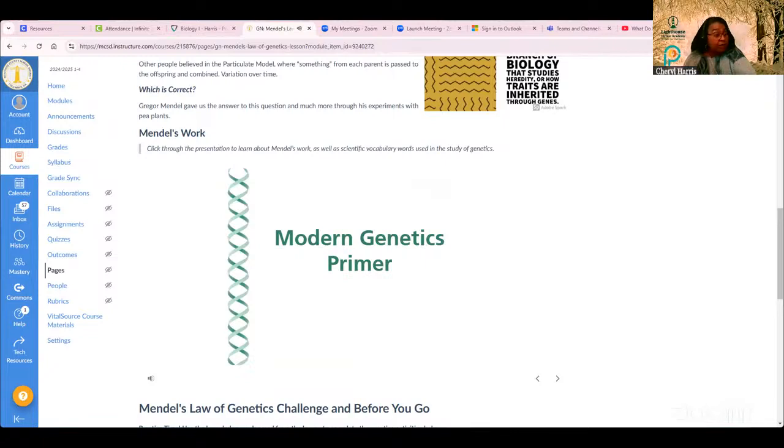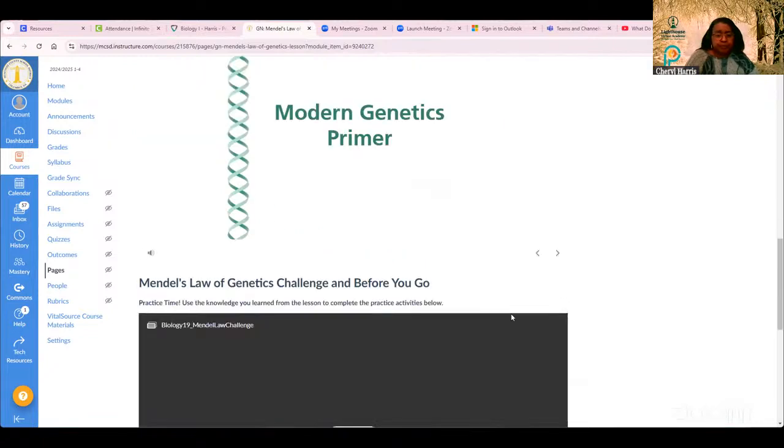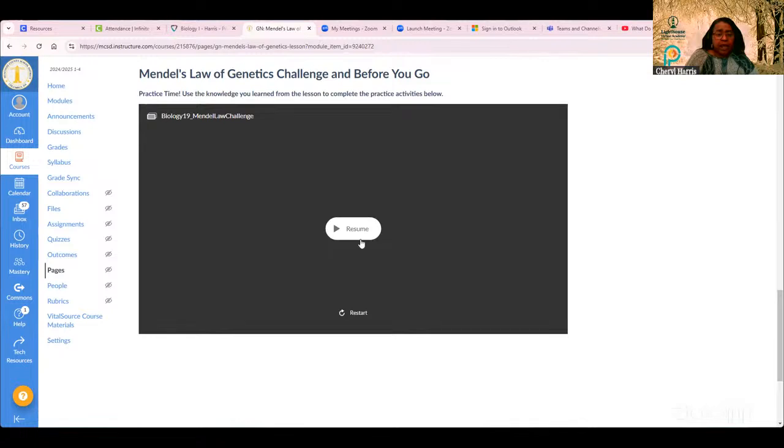Okay, I'm going to let mine stop right there. I'm just trying to get it back to the beginning. We're going to look at this tomorrow. This is going to go through all of the things that Mendel was talking about and a lot of the vocabulary. And then after that,